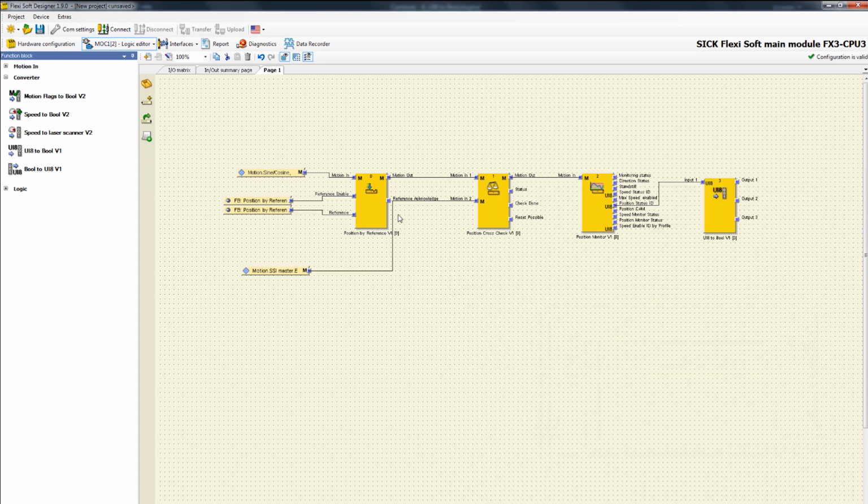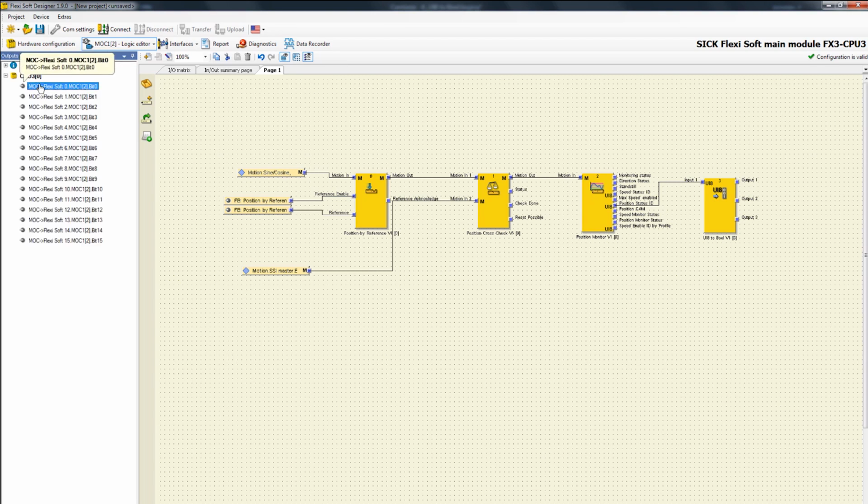Now I want to show you how to route these signals to the CPU logic by the backplane bus. In this context, we switch in the left sidebar from function block to outputs. Here we find in the register CPU3 the output bits. With these bits we can route the signals from the Mach to the CPU. Now I just select the first 3 outputs and place them behind the UIA to Boolean converter. Then I connect each bit to an output.